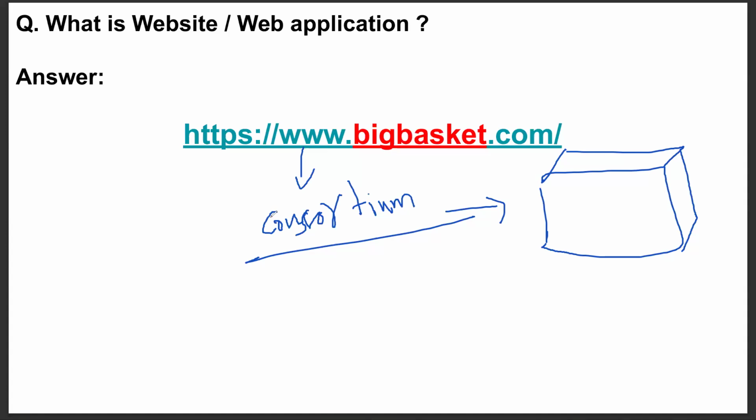Let me explain in a different way. Now I'm staying in Miyapur. If I open my mobile and search rose images, do you really think I'll get rose images which belong only to Miyapur? The answer is no. I'll get rose images from throughout the world.